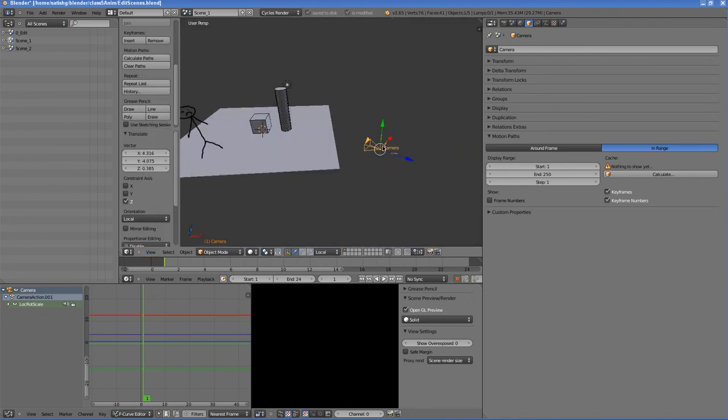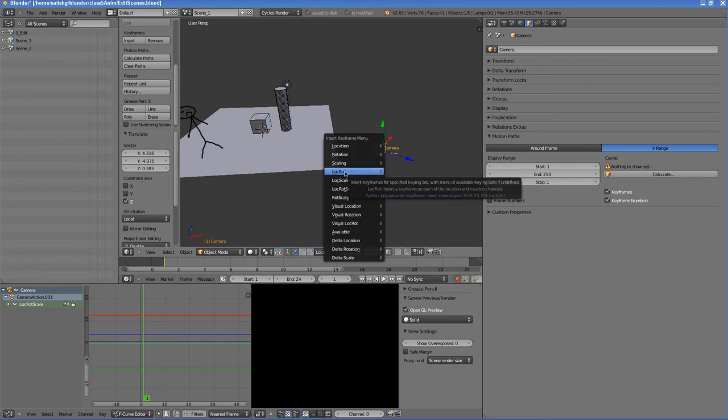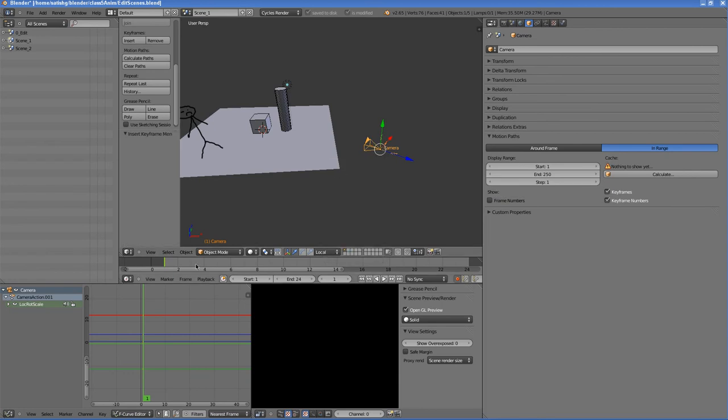Press the I key to bring up the insert keyframe menu, and add location and rotation. You'll notice in the timeline there's a yellow mark added. I'm also enabling the auto keyframe insertion mode.